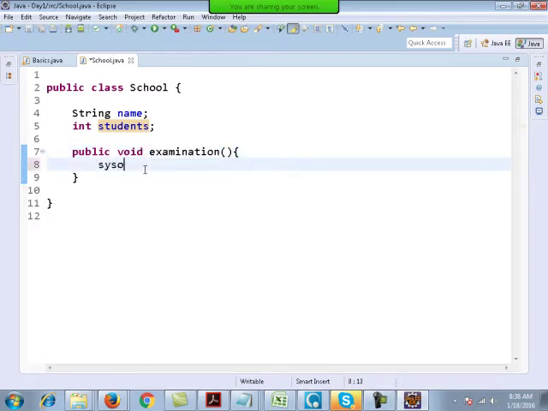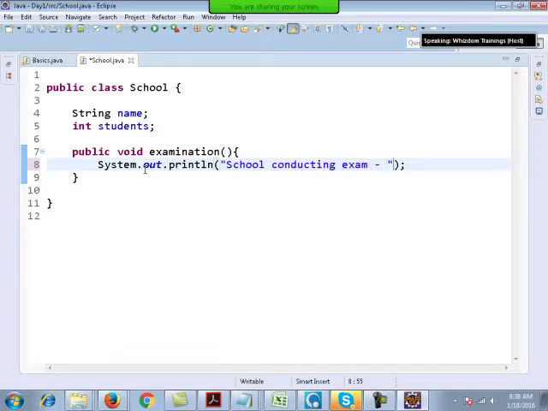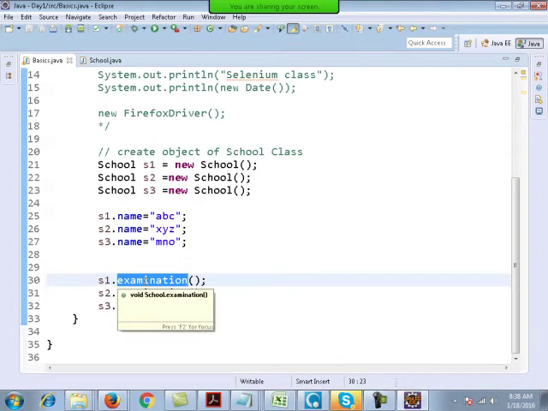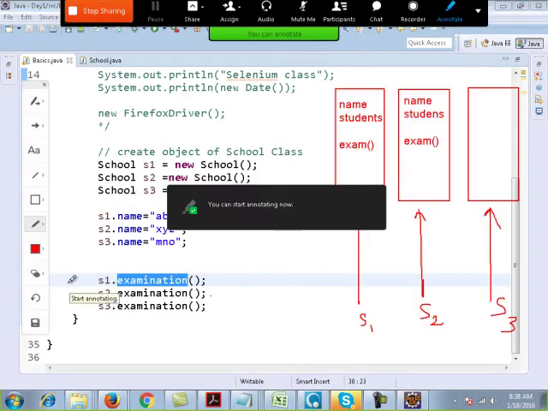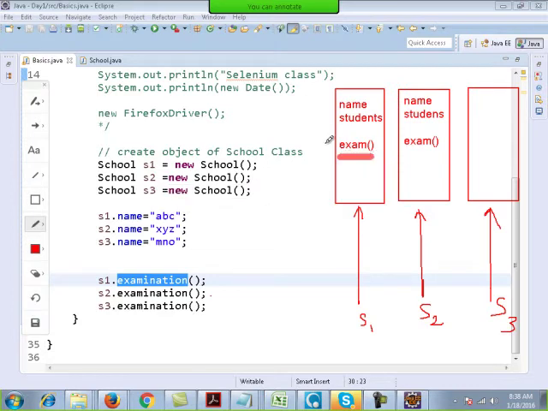If in this function I am printing school conducting exam and the name of the school, when S1 calls the examination function, it will print the name of S1. For S2 this will print the name of S2.